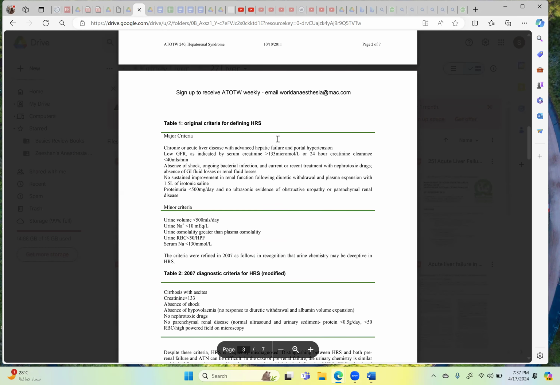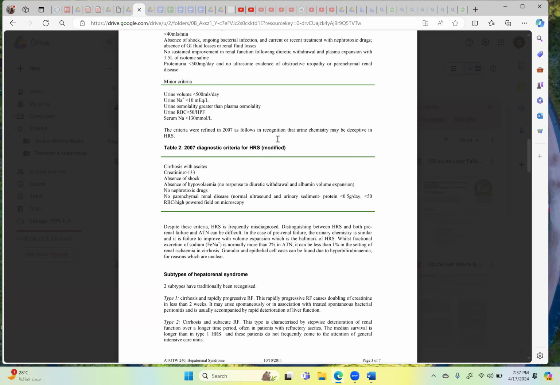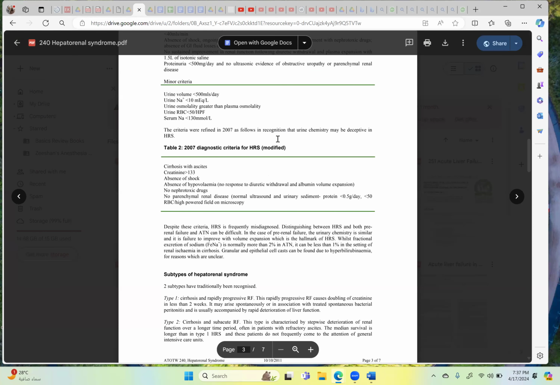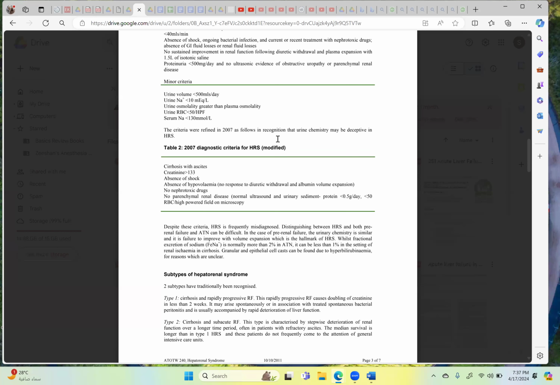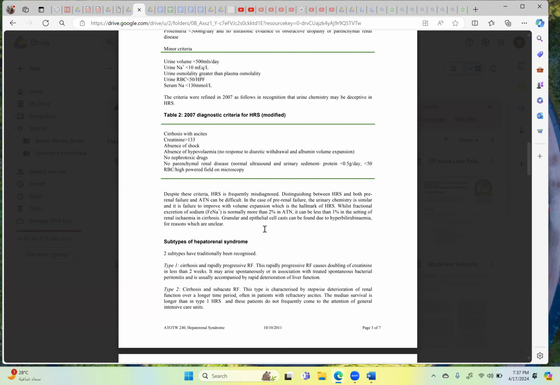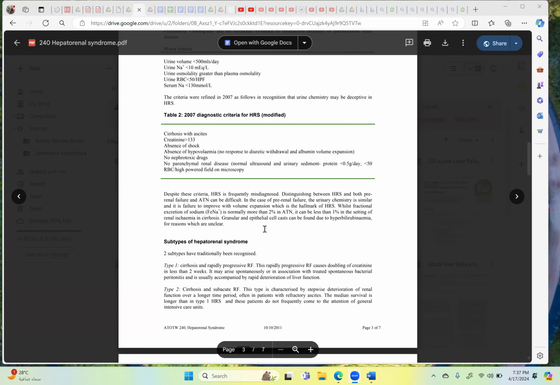So these are the possible questions they can ask, like they can ask about hepatorenal syndrome. Okay. So diagnostic criteria: cirrhosis with ascites, raised creatinine, absence of shock, absence of hypovolemia, no nephrotoxic drugs, and still there is development of renal failure. Okay. In a patient with,